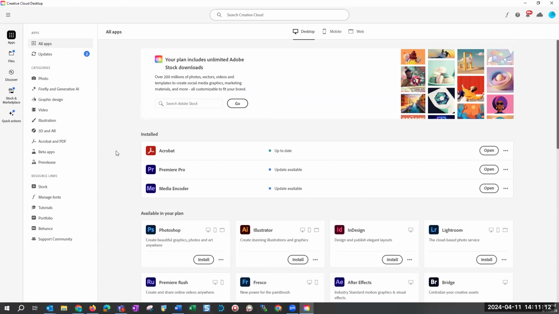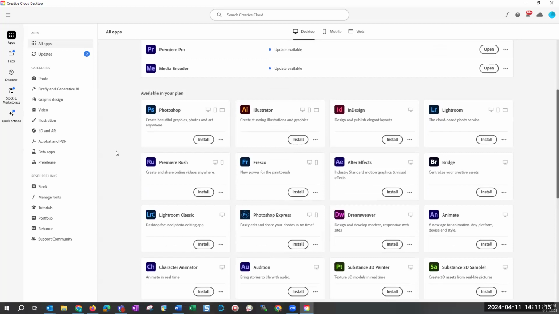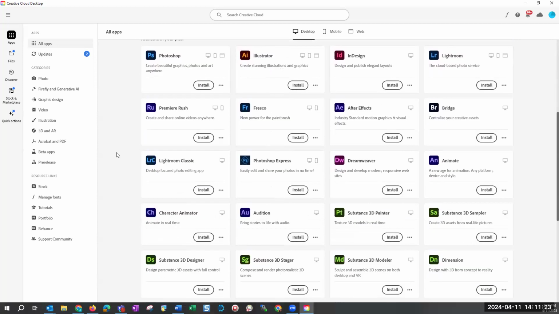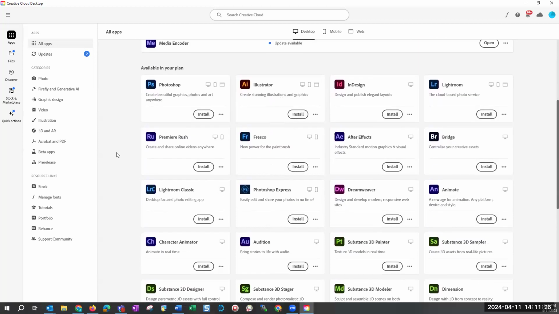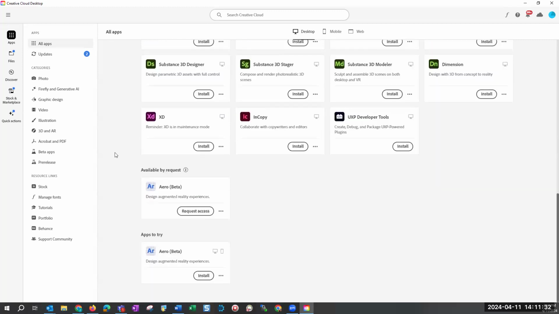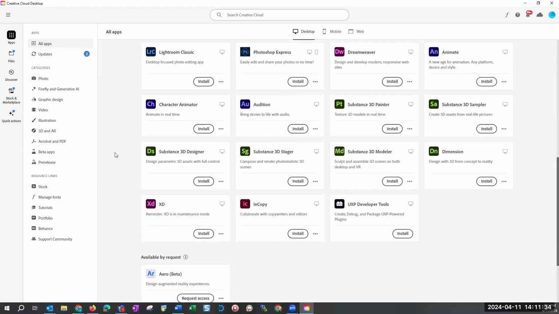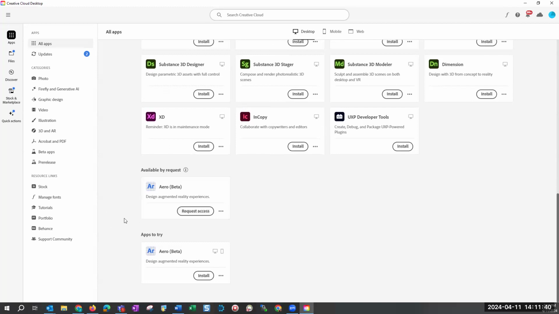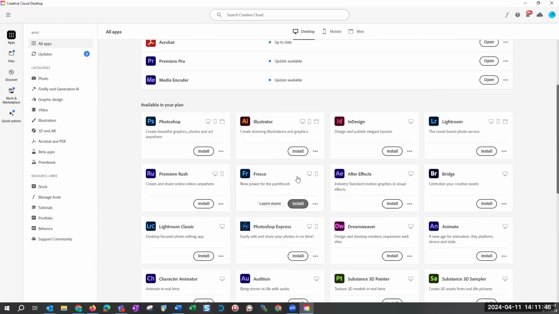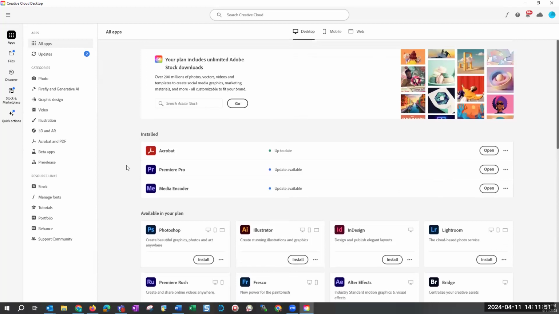Okay, so I'm being told that every employee has access to the full version of Adobe. So if you are a student worker, you can go home and install this. You just need to sign in. And again, I will show you in the second half how to connect to that. So everything in here, as long as it has an install button, you can install it. If it has a request access, that means you don't have access to it. But anything you need to install, as long as you are an employee of MiraCosta, you have access to this.